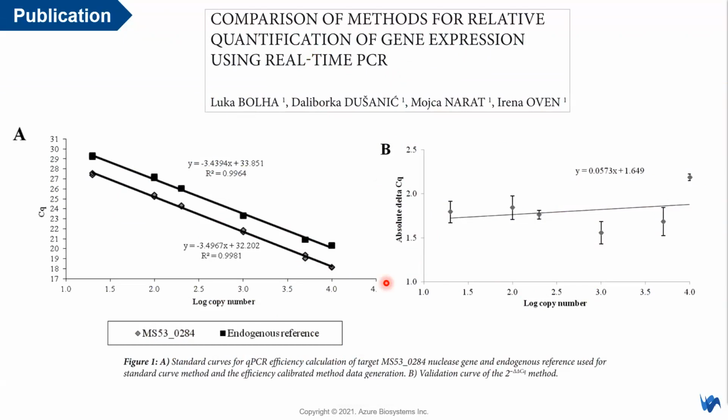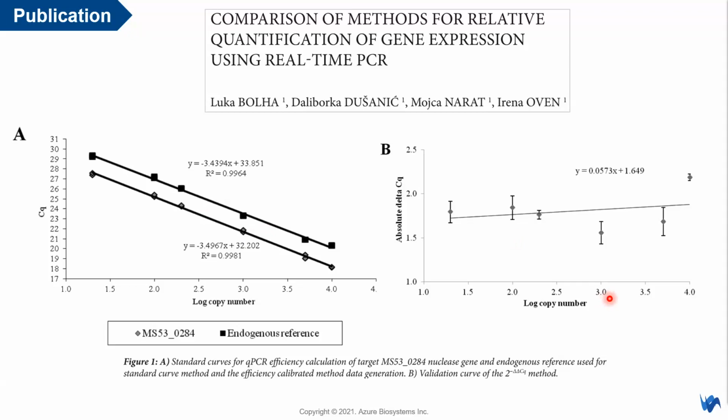So I'll show you some representative data over here. Right. First thing, definitely they are generating a standard curve for qPCR efficiency calculation for both target genes and also reference genes in order to get the primer efficiency calculated over here, and just to show that the primer efficiencies are fine. Right. Second, this is much more relatable to the delta CT method. This is a validation curve